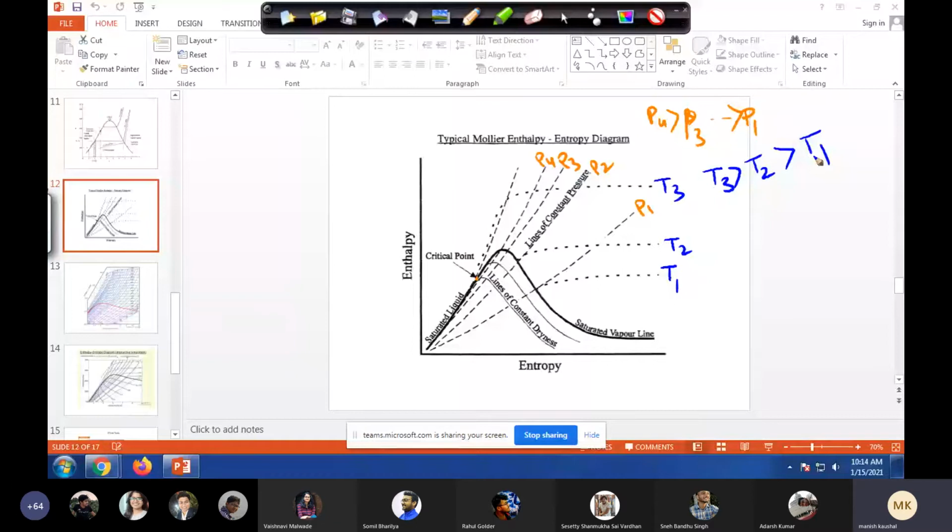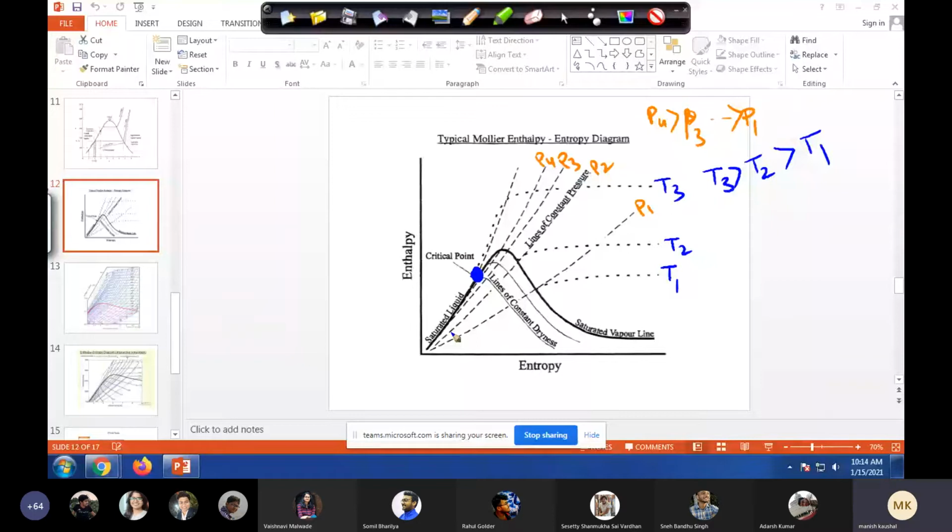Eventually, what will happen is that you will reach a pressure and temperature beyond which you cannot liquefy a gas, or you cannot make vapor, or you cannot make the liquid phase. That's why you see somewhere here a critical point. Beyond that, it doesn't matter how much you compress the gas, you won't be able to create this saturated liquid. So that is another point. This is the rough description.